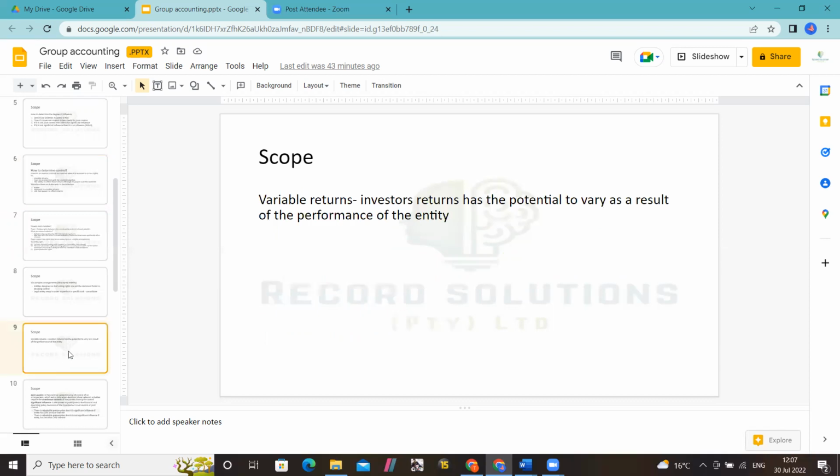Power to variable returns. Now we have to firstly prove that these returns are variable in nature, right? So it's not something fixed. It's not a fixed payment. So these returns, they're not paying you a fixed payment, right? Like for instance, preference shares. Preference shares, they tell you that they're going to pay you 10% per annum. That's preference. Those returns are fixed. They are not variable, right? They have to be variable returns. And variable returns means that